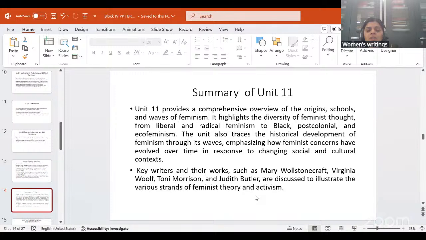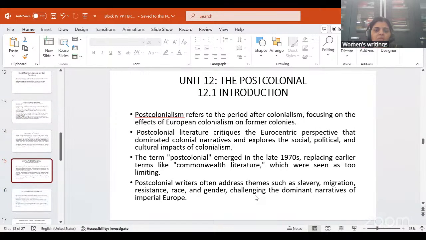The key writers here are some such as Mary Wollstonecraft, Virginia Woolf, Toni Morrison, and Judith Butler. These are a few people we discussed so far. Okay, so this is about feminist theory and activism. This is the summary of 11th unit. Moving on to 12th unit,